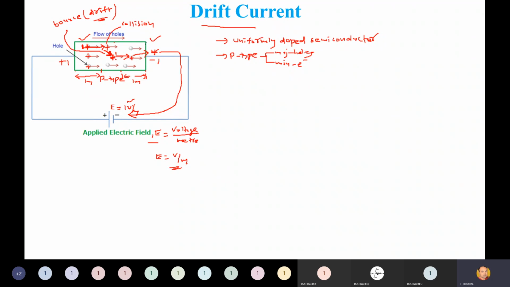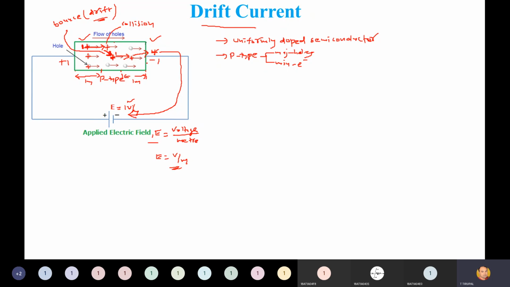As we have already discussed in the very first classes of semiconductor physics, in atomic structure, the hole position is changing from this point to this point. So in turn, what is created? Current is created. What is that current? It is a hole current.